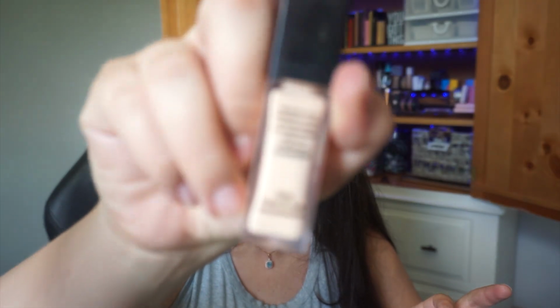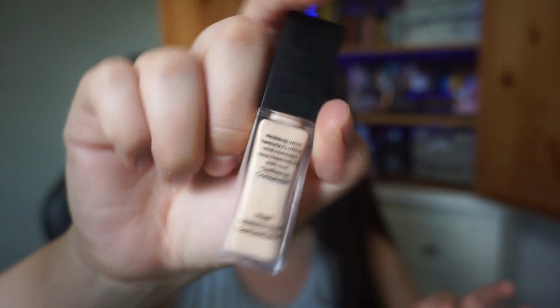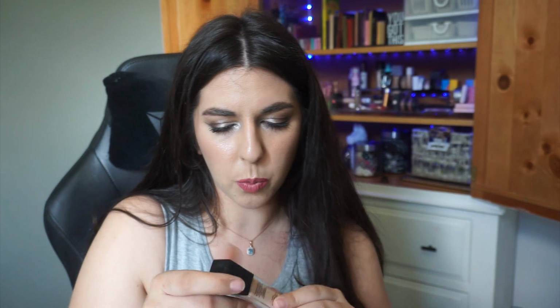I really don't know, and then on the back under the word concealer, I don't know if you'll really be able to see it, but there is windowing in that as well. I don't actually know if that's where the product settles or if I'm maybe a little bit lower. I truly have no idea. I don't think I'm going to really know, and I'm not going to mark this until I take the stopper out and kind of can really...